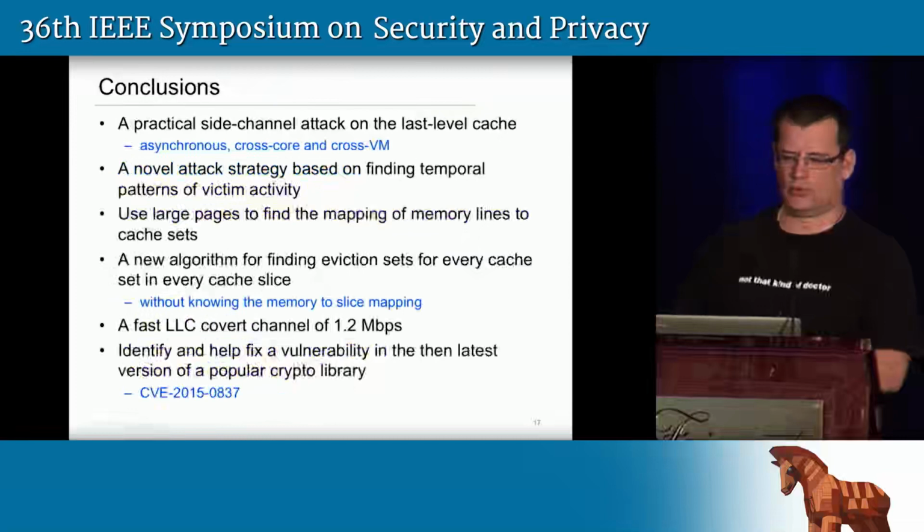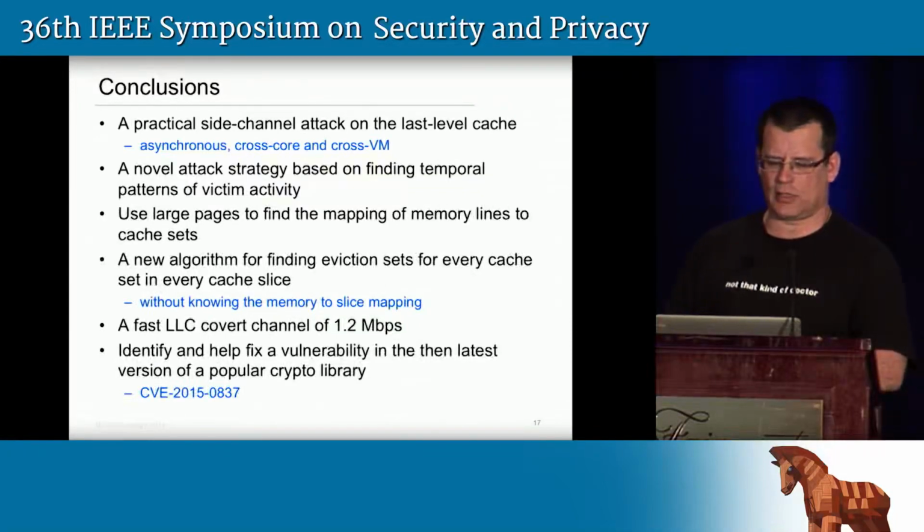So to conclude, we have a practical side channel attack on the last level cache. This attack is asynchronous. It is cross-core and cross-VM. We have a new attack strategy where we search for temporal patterns rather than looking for the special footprint that the victim leaves in the cache. We use large pages to find the mapping of memory lines to cache sets, and we have a new algorithm that partitions these cache sets into slices without knowing the actual hash value. We implement a fast covert channel 6 times faster than previous covert channels in the last level cache, and we identified and helped fix a